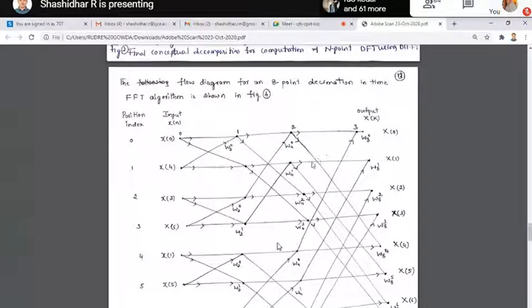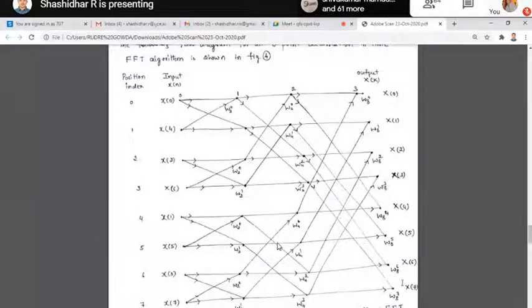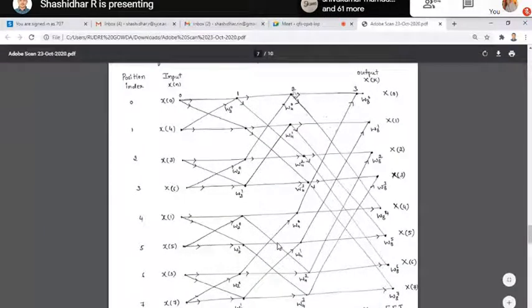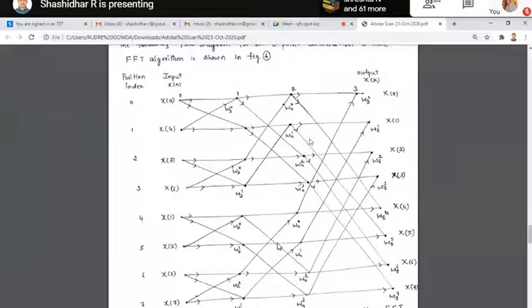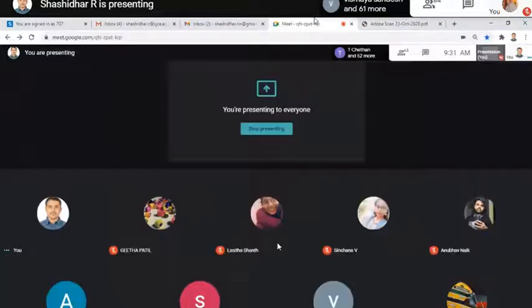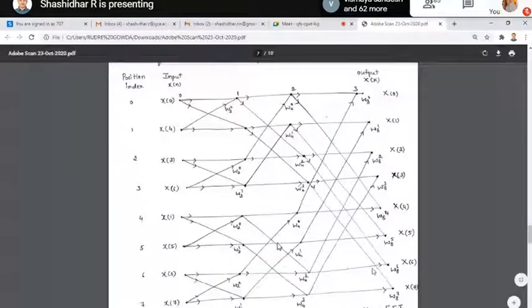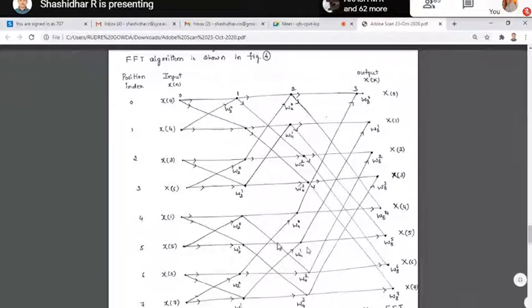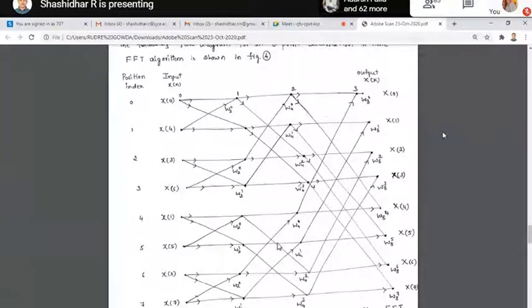Same thing you are applying, and then finally we get the values. So this is how you are applying. So this value here, first value comes to first value like this. See here, it's connected to this value, W. And then x of 1 values are connected to x of 0, x of 5 values connected to x of 1, and see how it's generated on the x of 0 is x of 1.